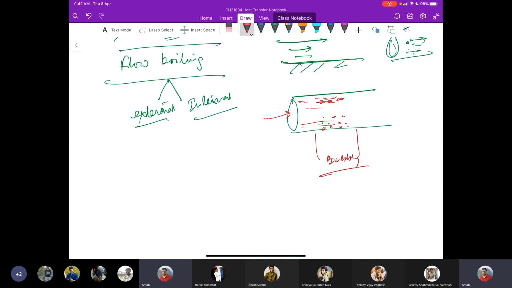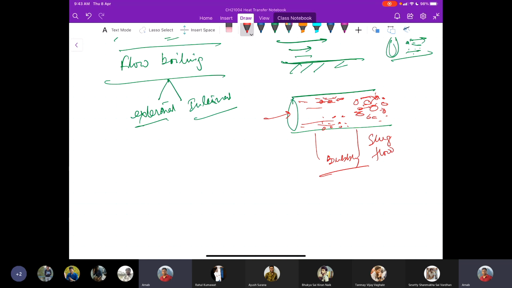And then what happens as you progress, the fluid is further heated, the bubble grows in size and eventually coalesces. So the bubbles are now formed in bigger sizes, which is now mixed due to the convective motion. It's present everywhere nearer to the wall, mostly also in the central region. This scenario is called the slug flow.